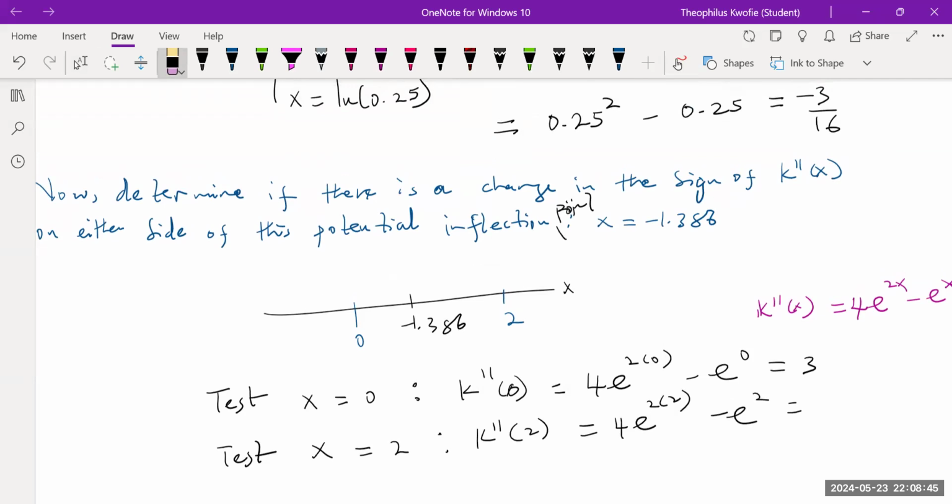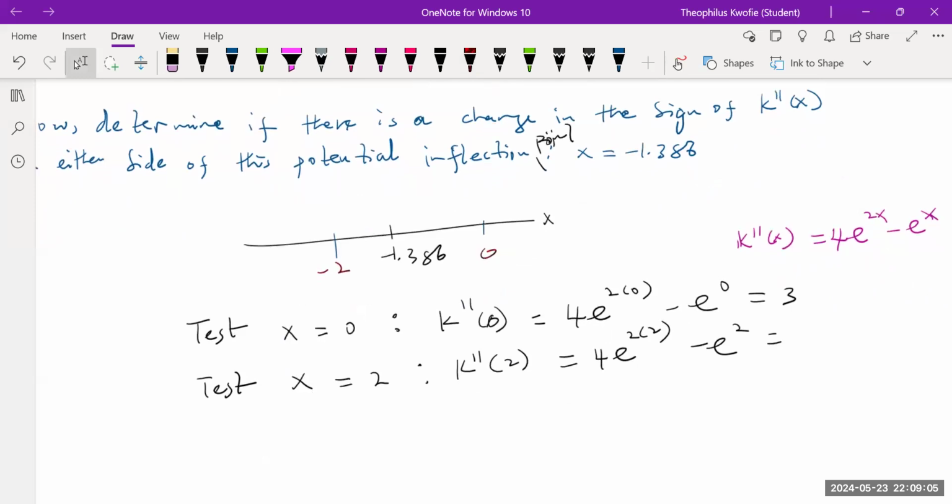Okay, let me rather pick, no, we cannot pick. Let me switch the positions here, sorry. So let's rather pick negative 2 here. I made a mistake by putting them on the wrong side. So let's take note of that. So at negative 2, yeah, it's negative, sorry. So at negative 2, we should have negative